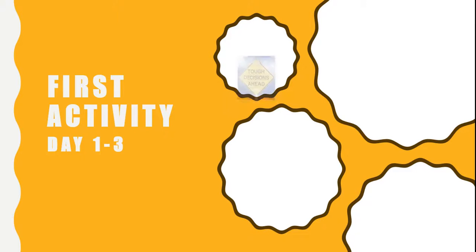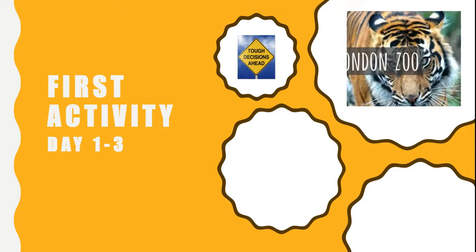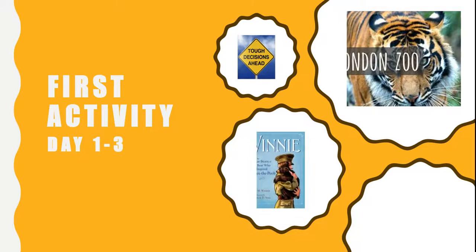For the first 3 days, the students will be hearing the story and creating a list of key details and will answer essential questions, and they will begin to create a presentation. During the 3-day period, the students will also pinpoint locations mentioned in the book, and they will research a local zoo and the London Zoo, and they will research music from this time period. They will also be creating an infographic that will depict the reasons behind the main character's actions. The presentation will be done on an interactive whiteboard.